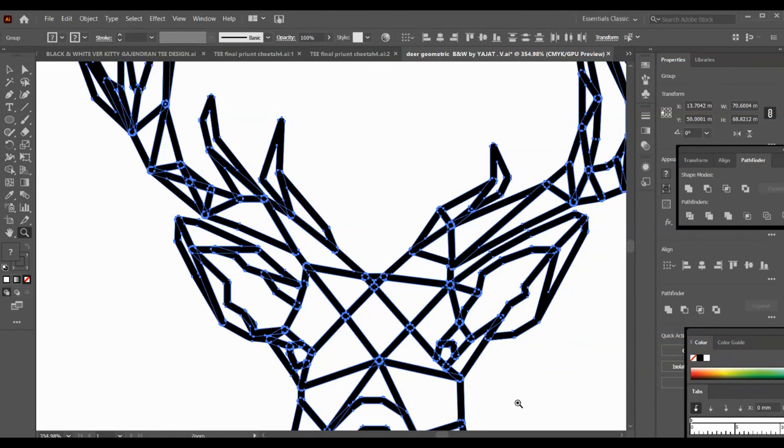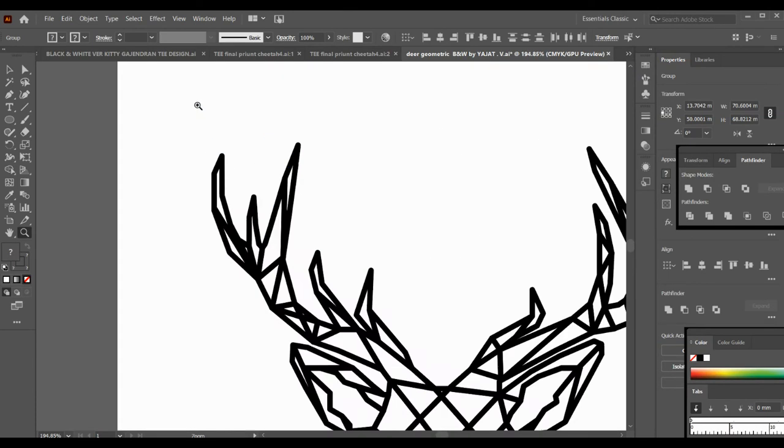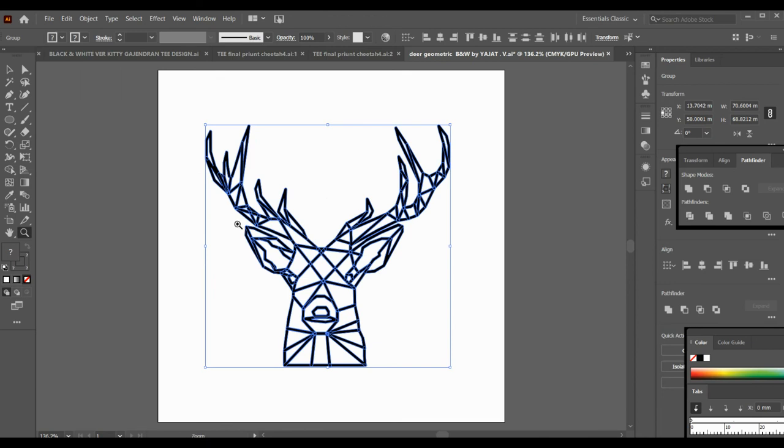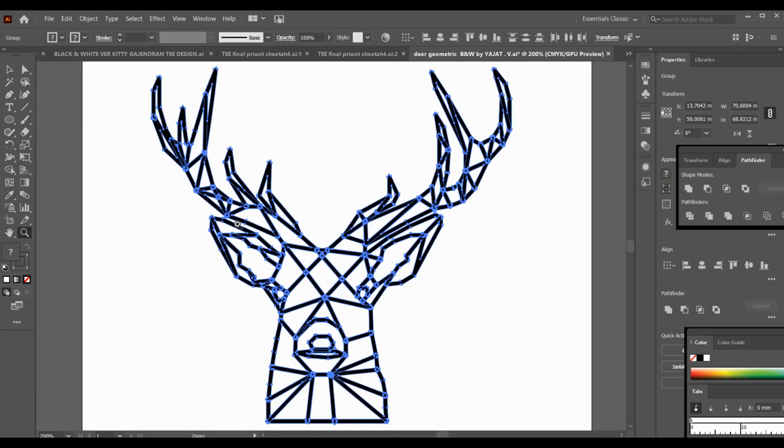All right, so the next step, now that we've got everything selected, Control 0 so I can see my full page, and you will need to zoom in to see as much as you can within the page. So Control plus allows you to zoom in, or Control minus to zoom out. So the next thing I'm going to do is go over to the tool palette and select